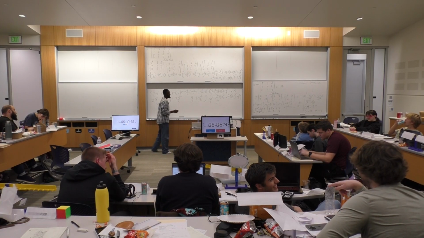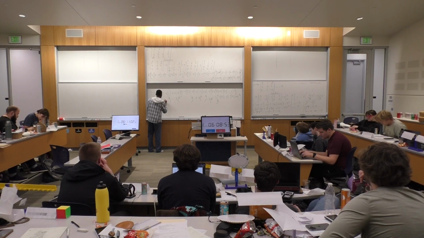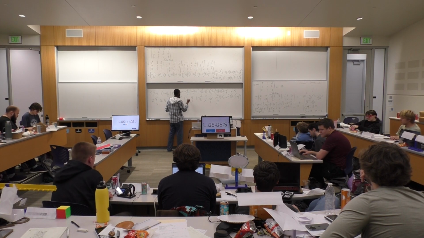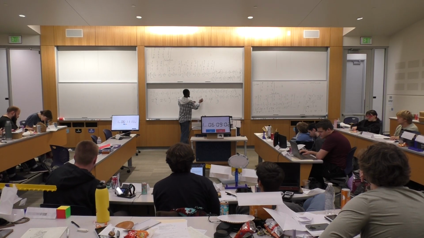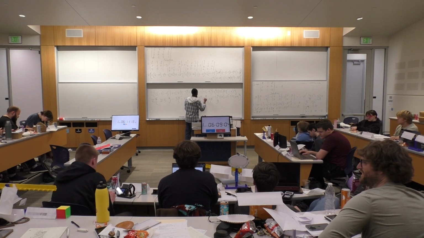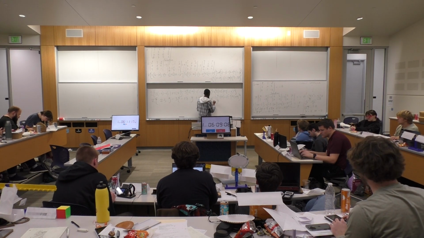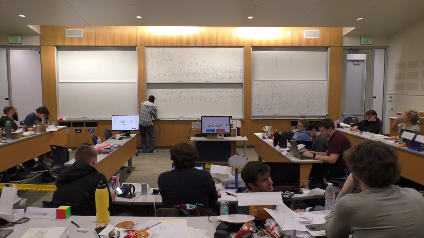So, what do we have here? 25. These are calculators. 25. What do you have here? Negative 17. What do you have here? I hope I'm right. Negative 27. What do you have here? 16. Good. Now, here we have what? 50